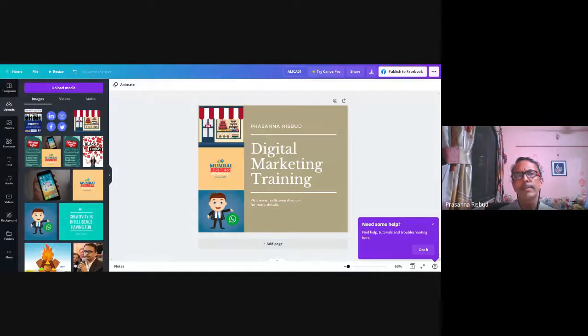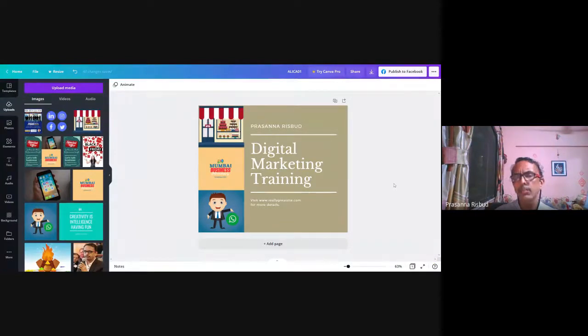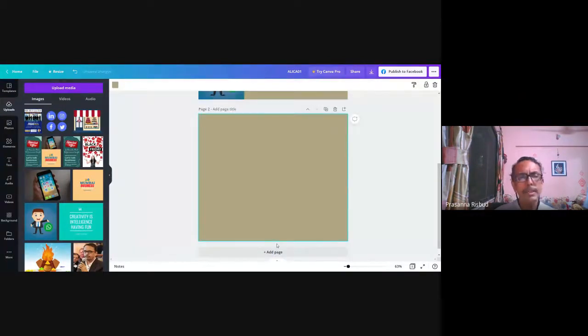Now, for example, if you are creating a Facebook post, put your file name as fbpost01. When you are creating a new post, the first post has been created. Suppose next week you again want to create a new post. Open up this same file and click on this add page option. Now you will get a second page, page 2.